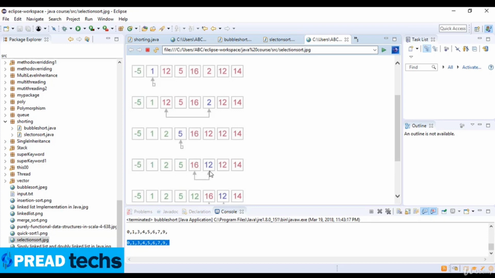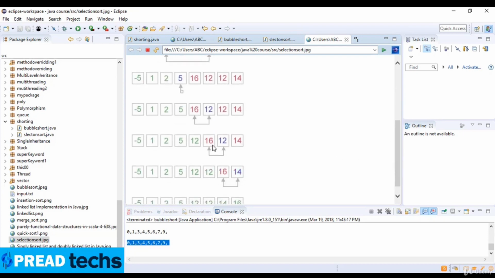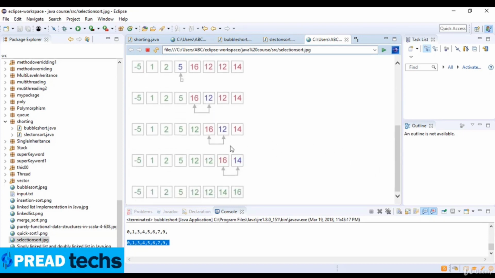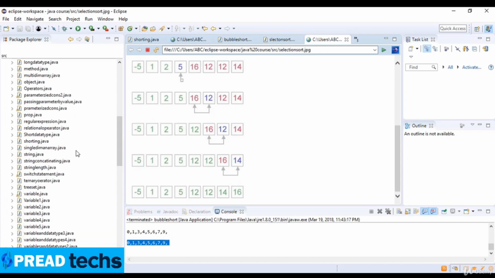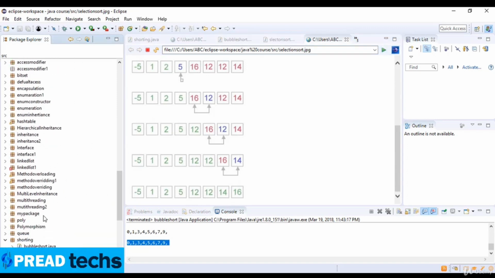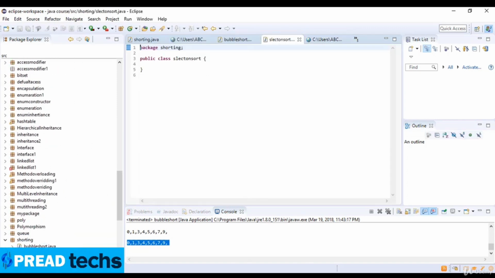Now we just come to the 5. So 5 is okay here, and then 16 and 12. We just swap these two values. So 12 and 16, then 16 and 12. So swap 12 and 16, and add the last 16 and 14, and the value is swapped here. Now we just go to the example of this